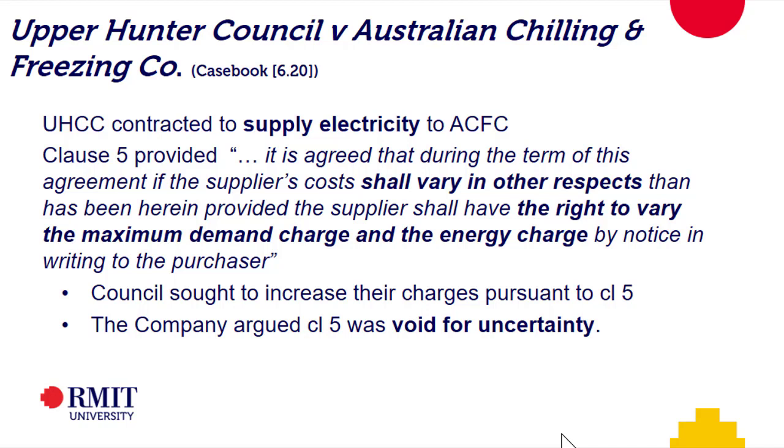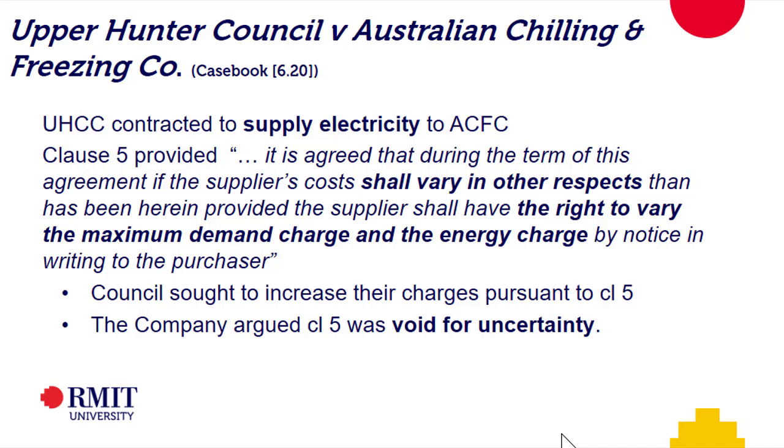So what does it mean? Does this mean that they can put their prices up? Not in all circumstances. In what circumstances can they put them up? In circumstances not covered in the rest of the contract. So circumstances not covered in the rest of the contract. So if, for example, let's assume that line charges, you know, transmission's owned by somebody else these days, everything's separated out, so their line charges go up by 5%. Does that mean that they can put their overall price up by 5% if it's not covered anywhere else in the contract? Yes.